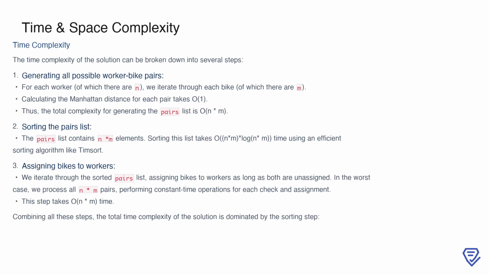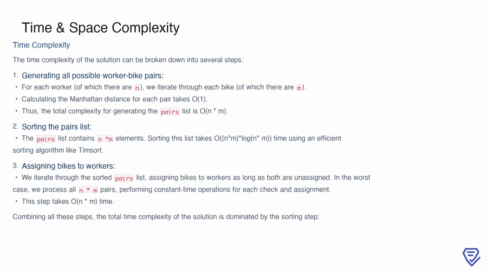To analyze the time complexity of this solution, we break it into 3 main steps. First, we generate all possible worker-bike pairs. For each of the n workers, we iterate through the m bikes. Calculating the Manhattan distance for each pair is a constant time operation, so generating the entire pairs list takes n*m. Next, we sort the pairs list. Since it contains n*m elements, sorting it with an efficient algorithm like timsort requires